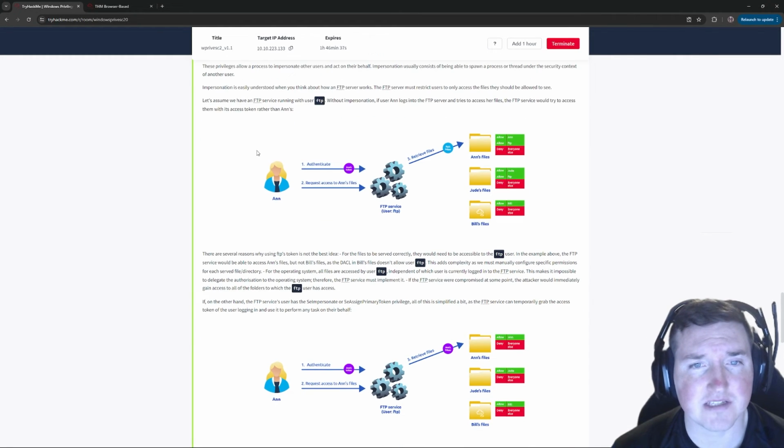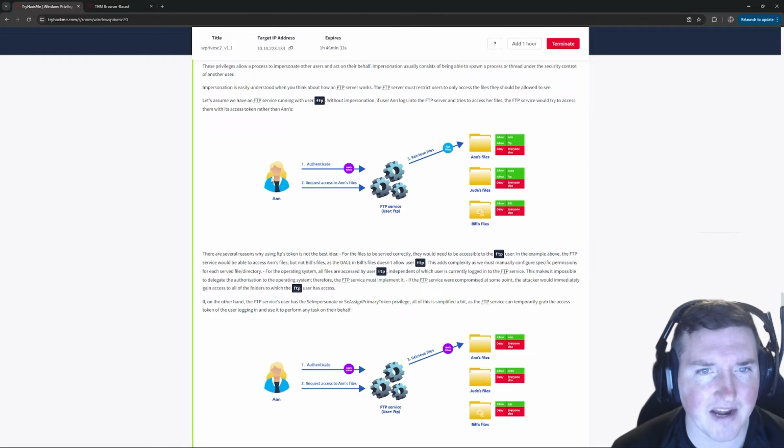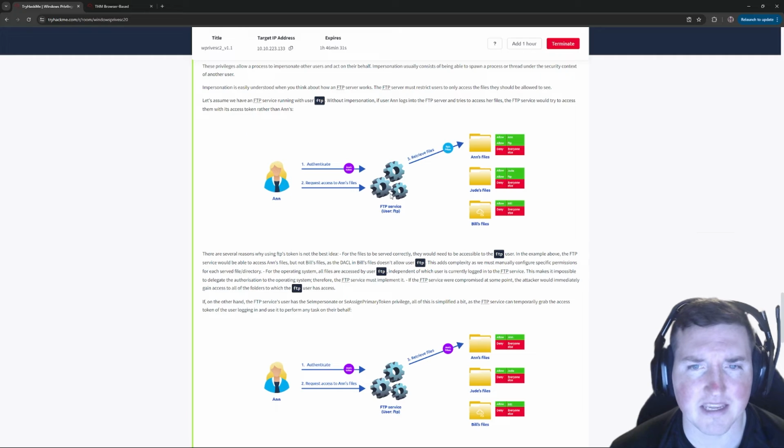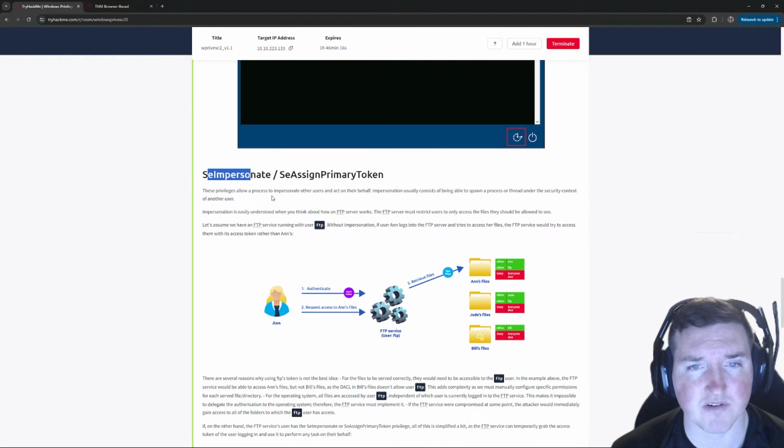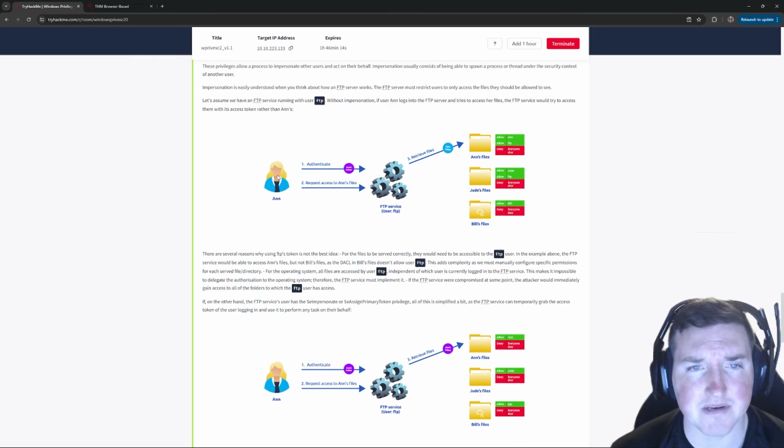What it is you can see, so let's say we're Anne here. I'm not going to read everything, I'm just going to show you. Anne wants to authenticate to Anne's files, right? But she should not have access to Jude or Bill's files here. Well, the FTP service is the one grabbing the files. So if they didn't have an SeImpersonate token, if they didn't have this SeImpersonate privilege, then what would happen is Anne would ask FTP for Anne's files,